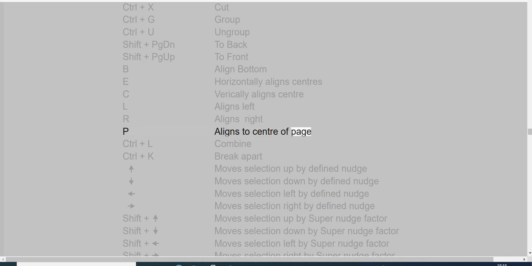aligns to center of page, Ctrl plus L combine, Ctrl plus K break apart, move selection up by defined nudge, move selection down by defined nudge, move selection left by defined nudge, move selection right by defined nudge, Shift plus move selection up by super nudge factor, Shift plus move selection down by super nudge factor, Shift plus move selection